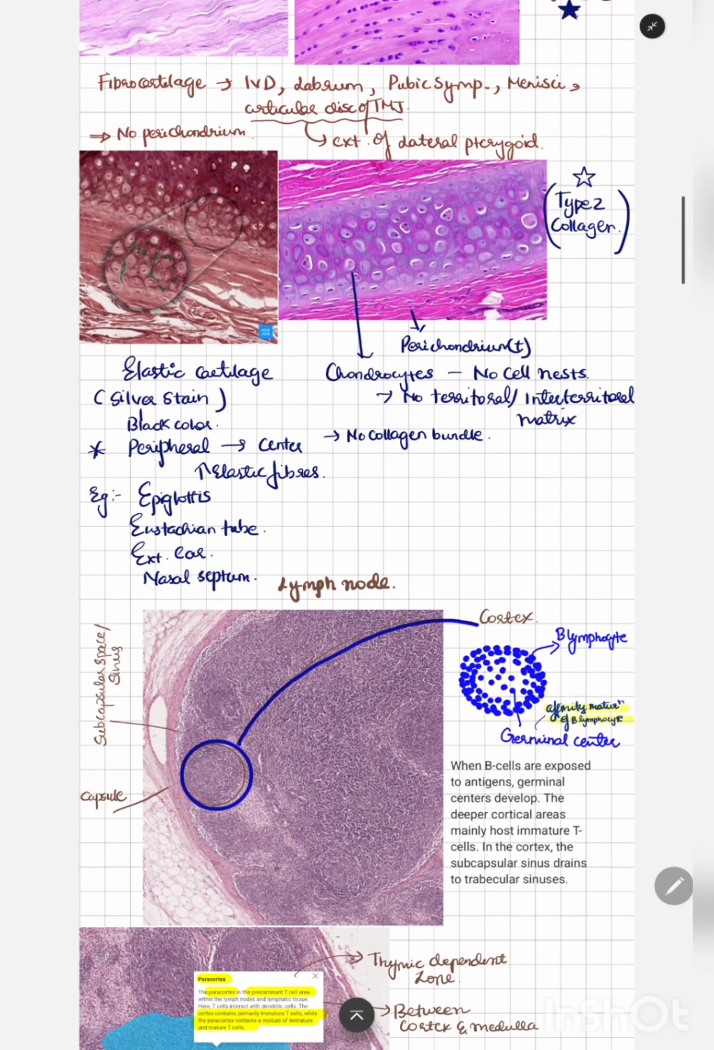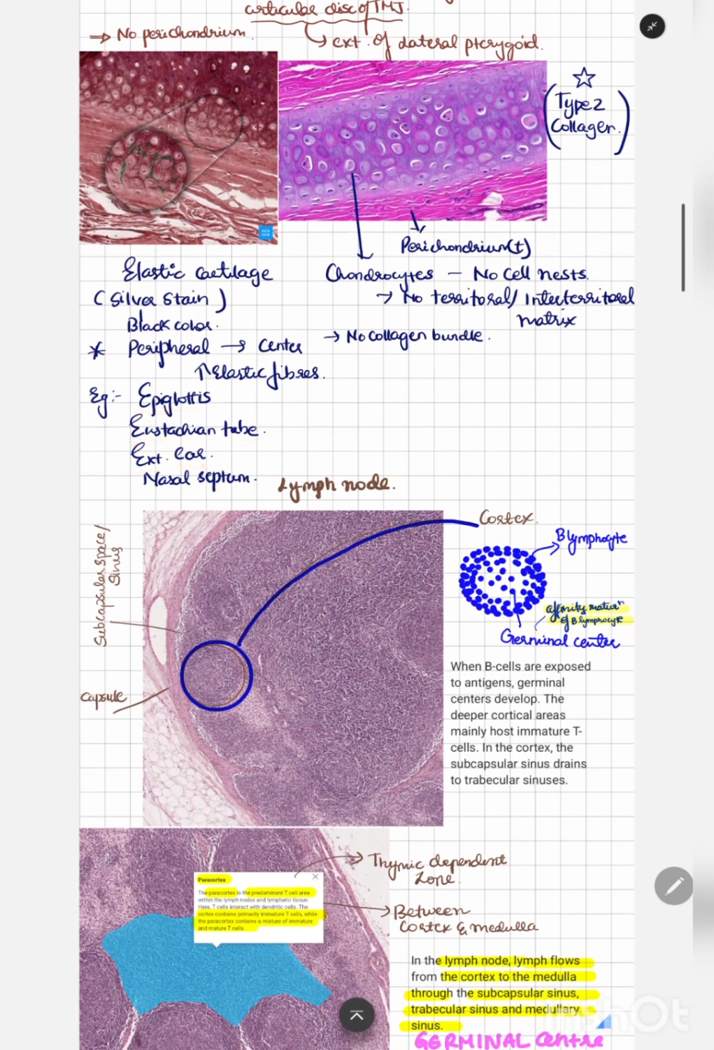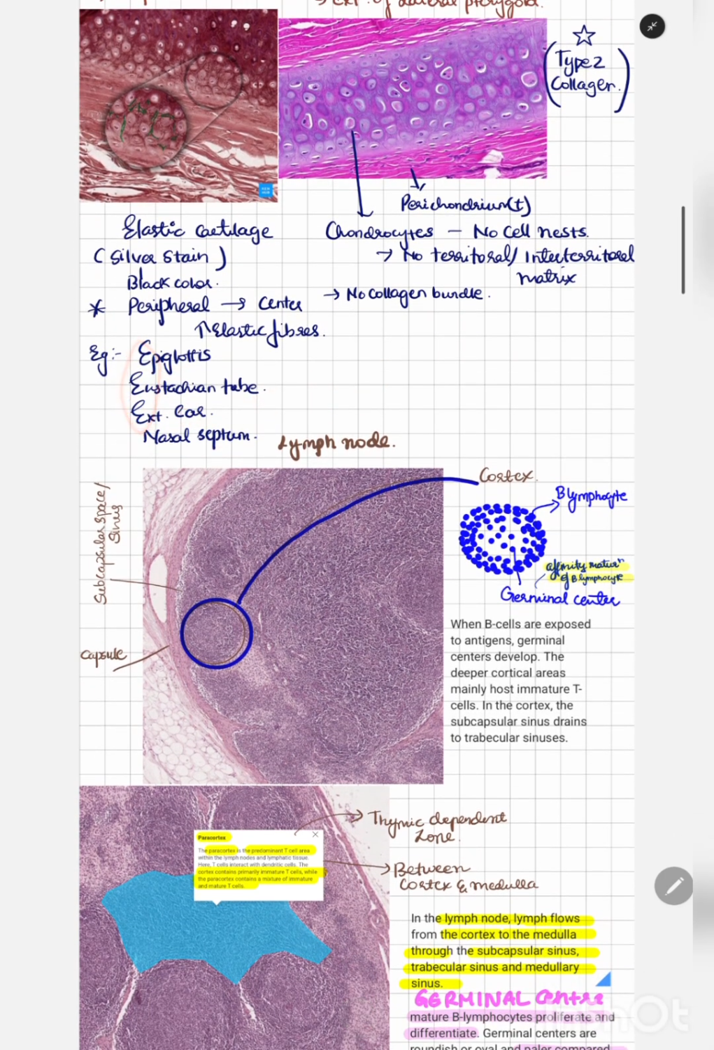Then you should remember the examples of elastic cartilage, which are easy to remember: E for elastic and E for epiglottis. So the epiglottis has elastic cartilage, E for eustachian tube, which has elastic cartilage, external ear, and nasal septum. So remember, most of the things starting with E have elastic cartilage: epiglottis, eustachian tube, external